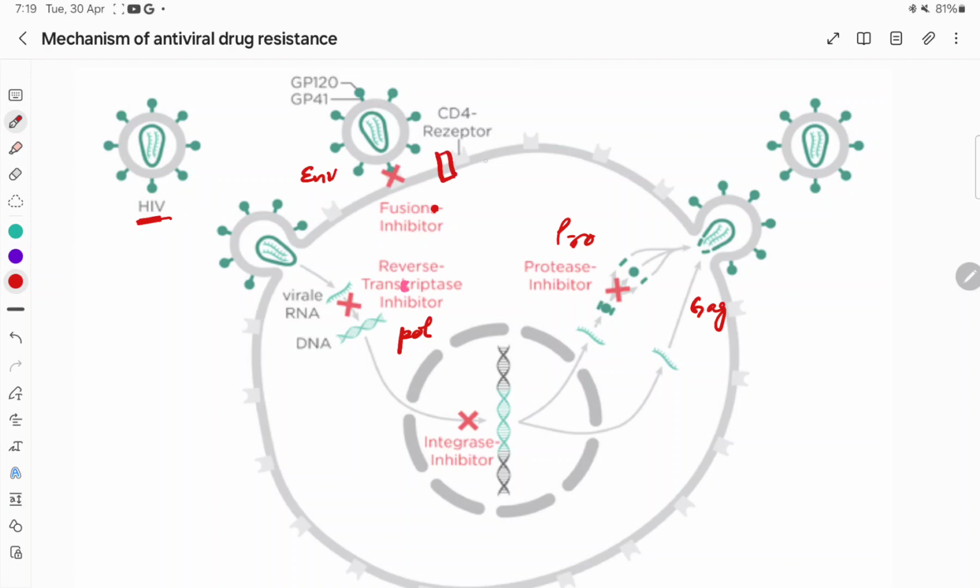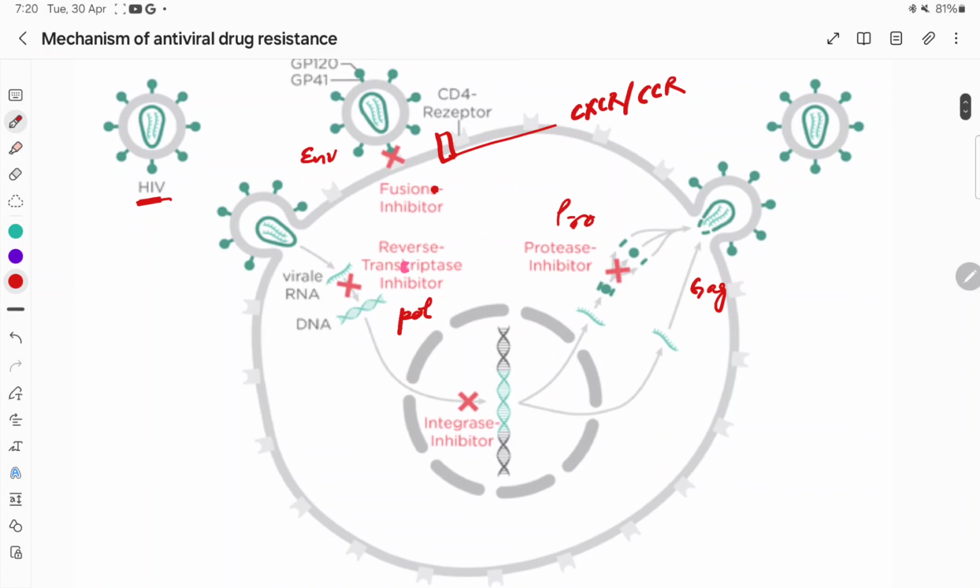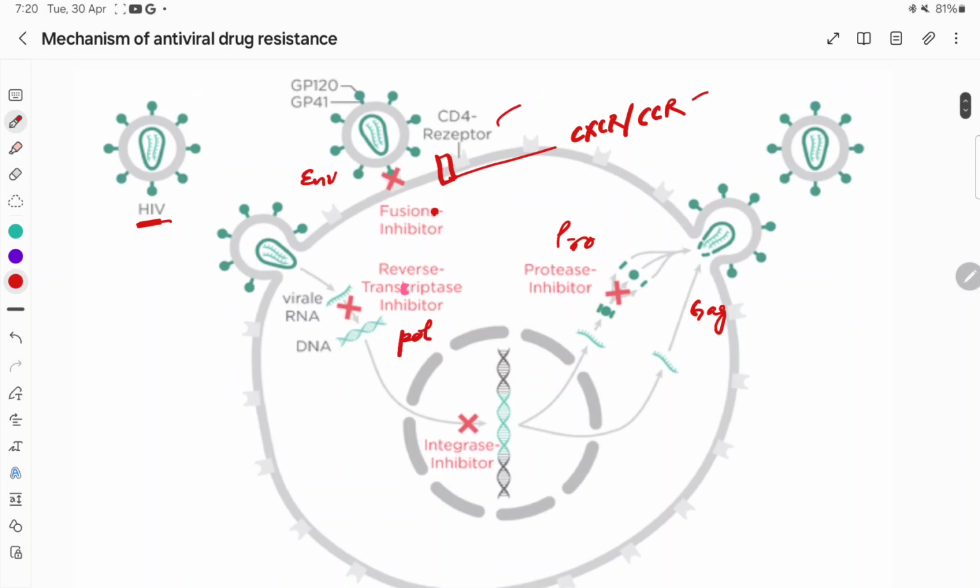One is the CD4 receptor, and the other is the CXCR or CCR chemokine receptor, and these glycoproteins bind to these two receptors,